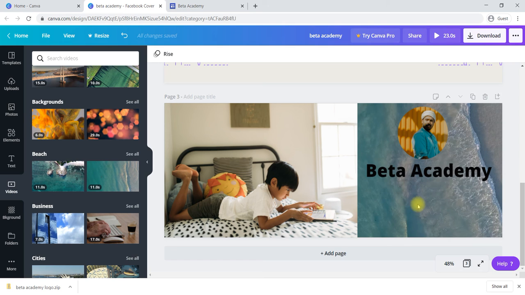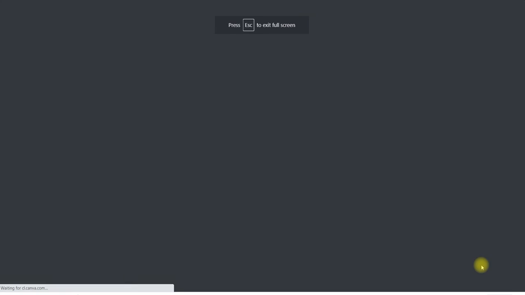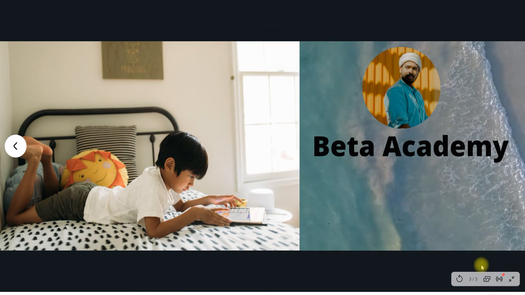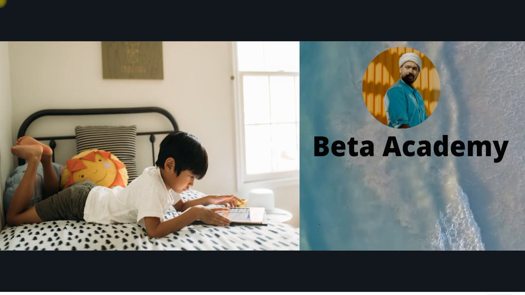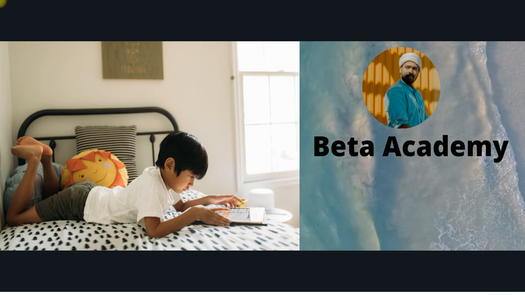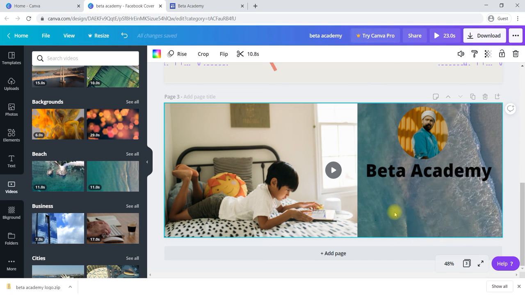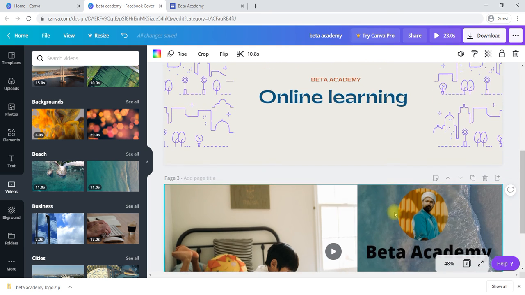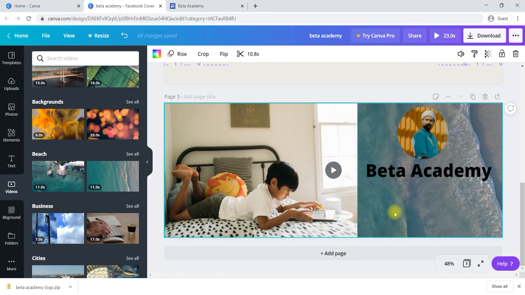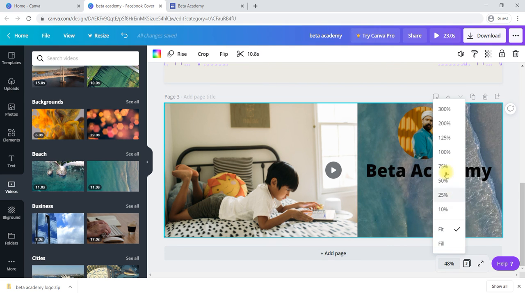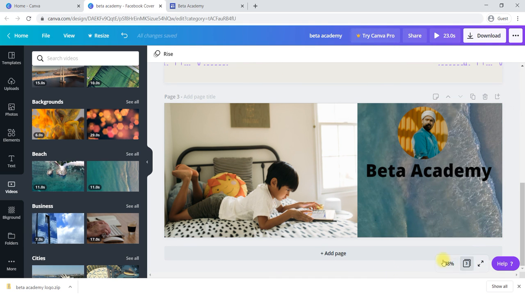If you check preview, come down here, full screen, you can see how your banner will look like. Press the Escape button to come out of the preview. Like this we can create your own banner, or you can use templates. Again, if you would like to increase this size, in the sense of zoom, you can use this particular section to zoom the preview. These are the two ways. For everything the basic structure is the same.